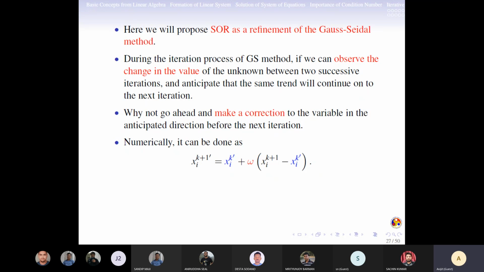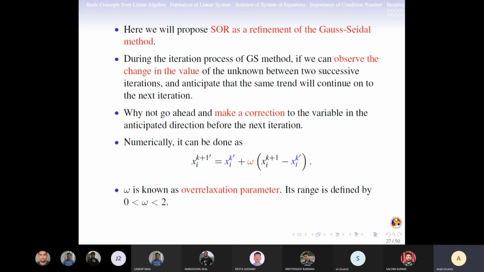This is the SOR value at the kth iteration. You are correcting this value by this term. What is this correction? This is the Gauss-Seidel at k plus 1 and this is the SOR at k. So you are subtracting this value, and by multiplying by omega, the parameter here, you are correcting the value at the k term, which will be used in the k plus 1. In this way you can modify the value, and that is known as the SOR